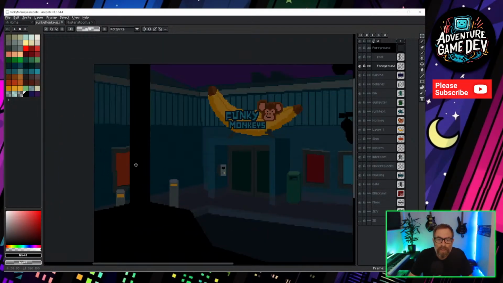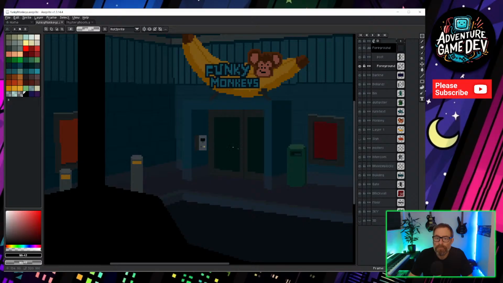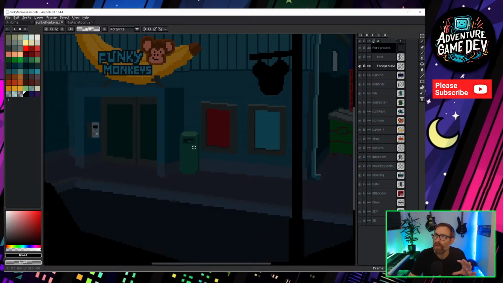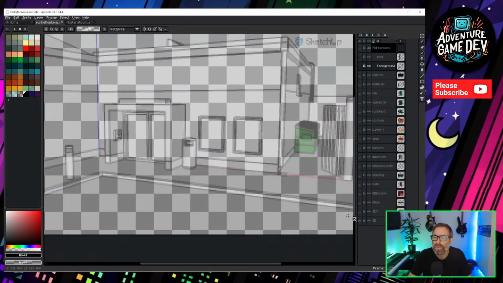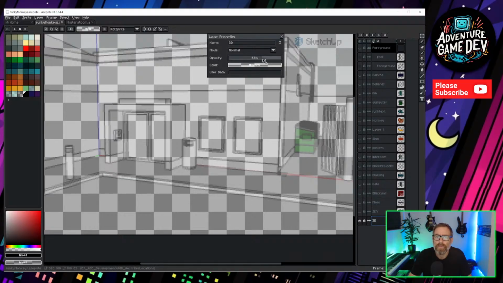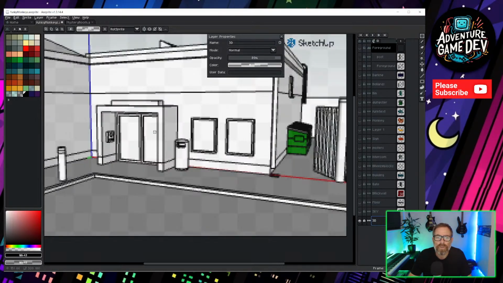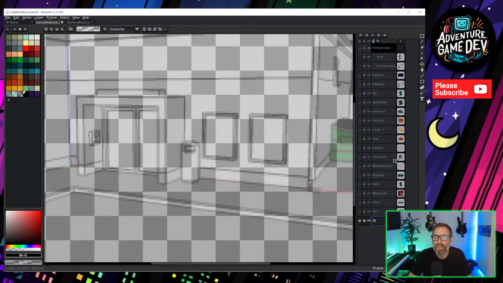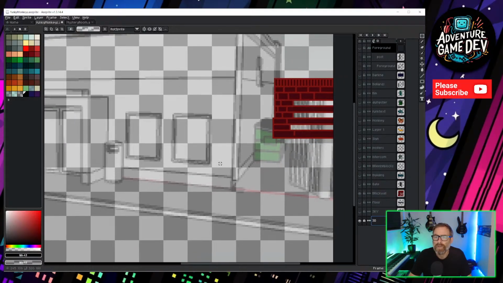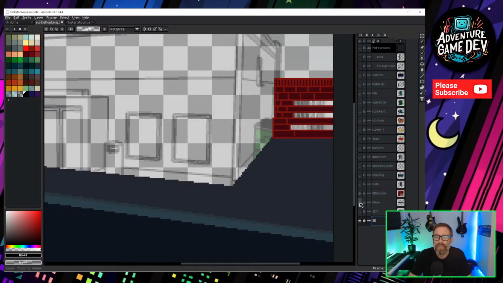So I've kind of taken that and started to block out. I just exported a PNG at a really low resolution. In fact, it's probably there in the background still. Let's have a look. Let's turn all the layers off. There you go. And I just fade out the layer, so the opacity there. So that was the export, really crude lines, because that's all I need really to help me with the perspective. And then I just fade that out, and then I start drawing over the top of it, usually with the walls and things like that first. I kind of work from the back forwards.